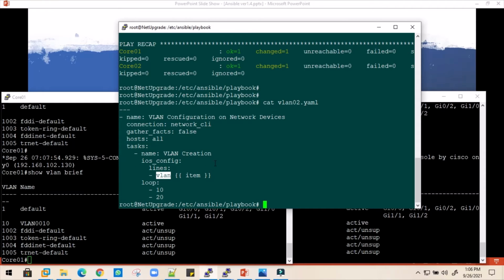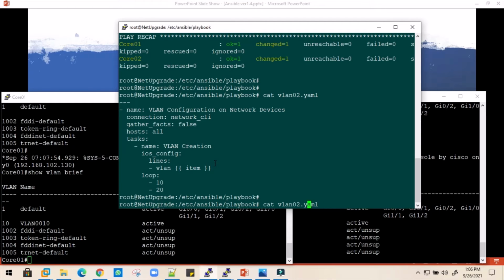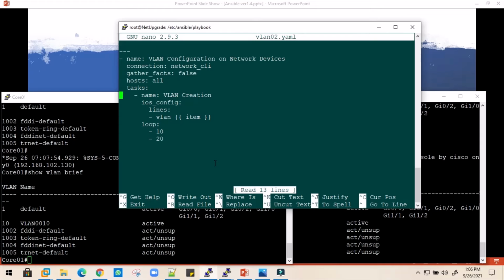Let's edit this and configure some more VLAN IDs so that we can see the changes. Let me copy and paste three or four times, or maybe some more. Now we have VLAN 10, 20, 30, 40, 50, 60 and 70.